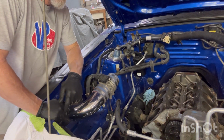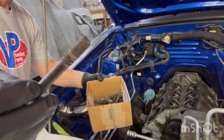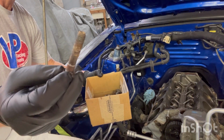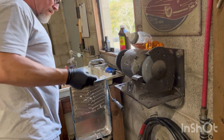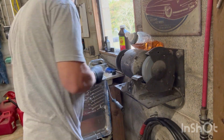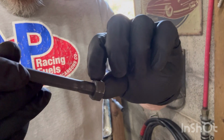The first thing I need to do is clean up all the head bolts. I need to clean all the threads. See that? All that needs to be cleaned up. See how the little rust on them? It's where they're in the water jacket. So yeah, we got to take care of them. We want to make sure that we get this little area here clean too,